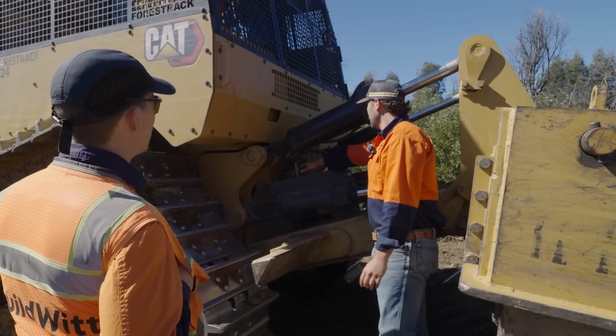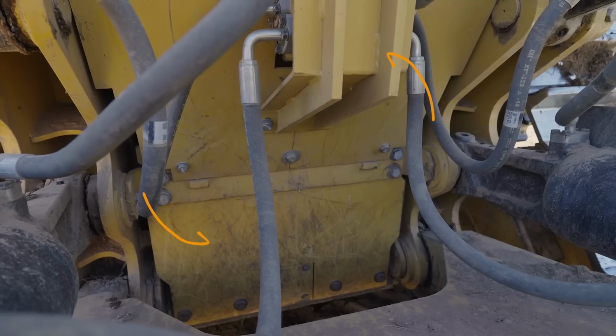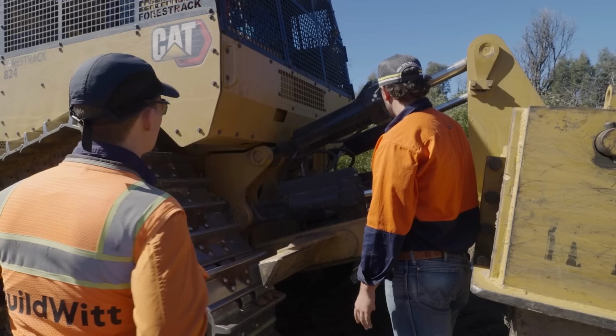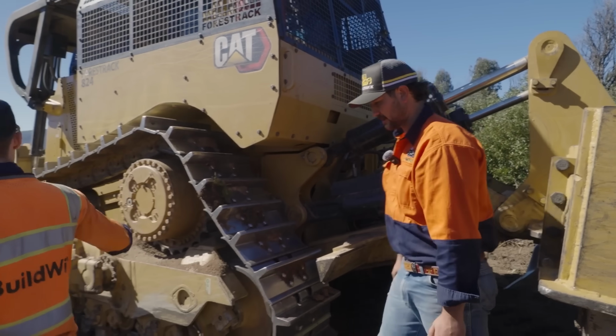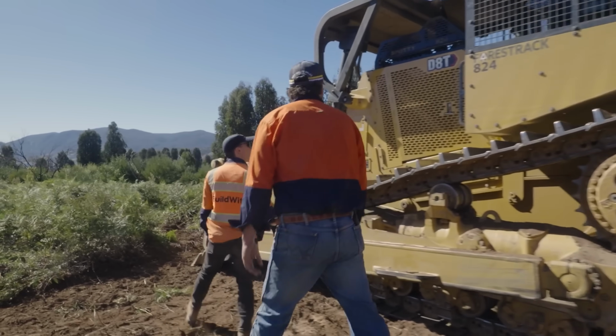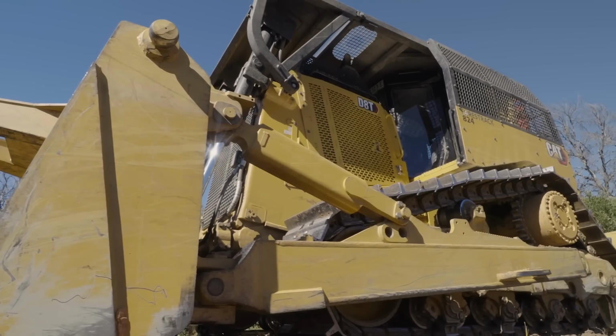Along the back here too, all these plates and the guard around where your hoses go into your valve bank, that's all something we've produced. And then you put the entire structure around the cab. Yeah, so the top part of that is actually the CAT forestry package that they supply for the D8T, which